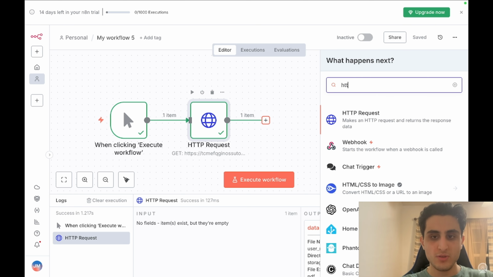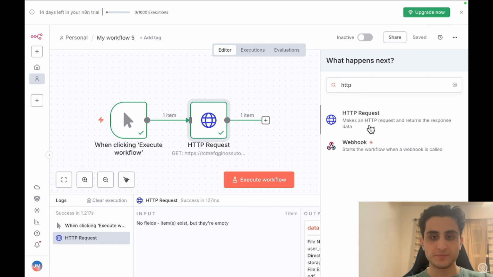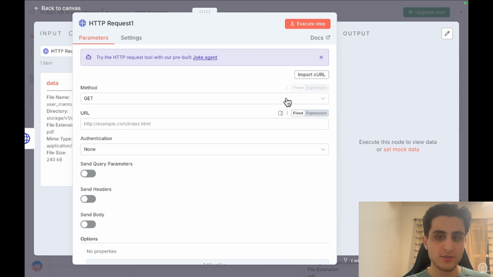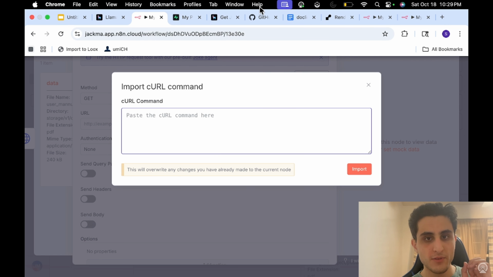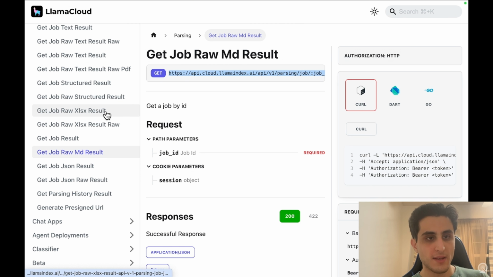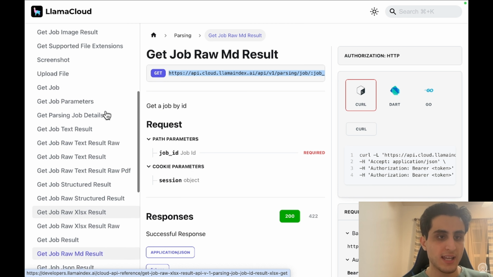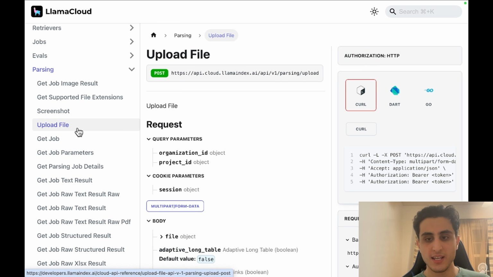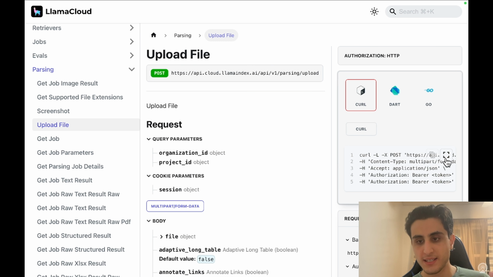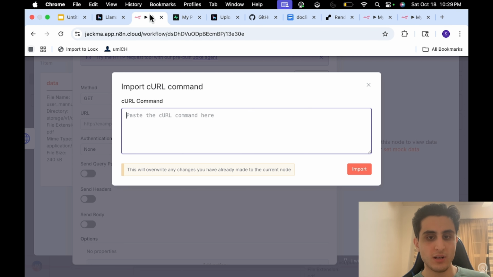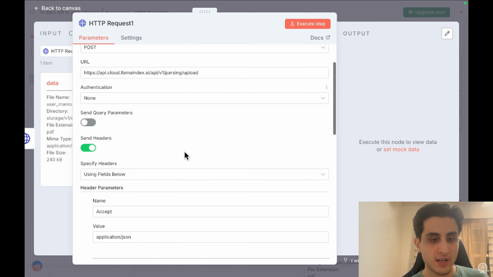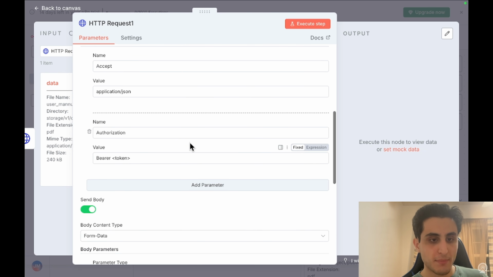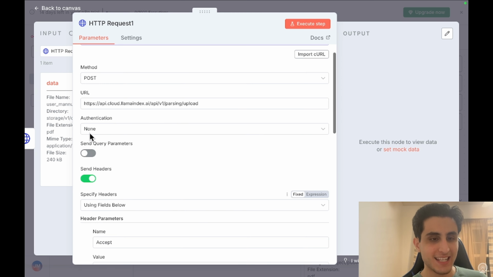So I'm going to use HTTP request, and here we need to provide a curl command. So I'm just going to click on this, and if we go to the following website, which is the LlamaCloud documentation, and if we go to the upload file section, we can just paste the curl command into our n8n. And once we do that, we can see that much of our information is just automatically updated, but we need to change something, right? So first of all, we need to delete this section, and then we need to come